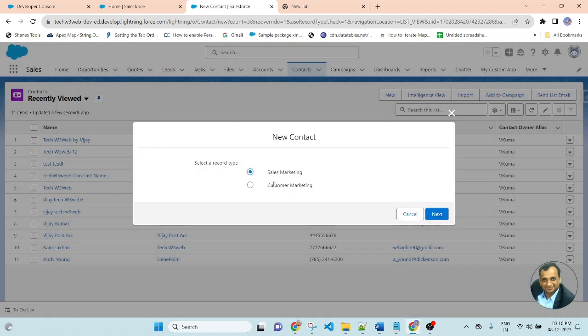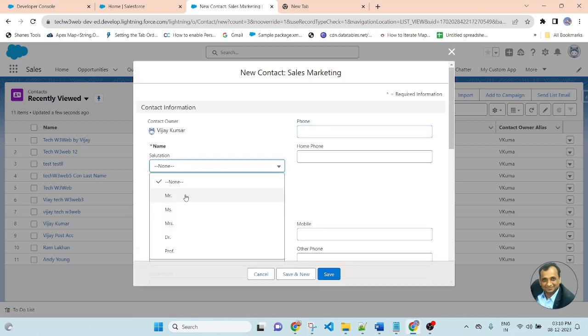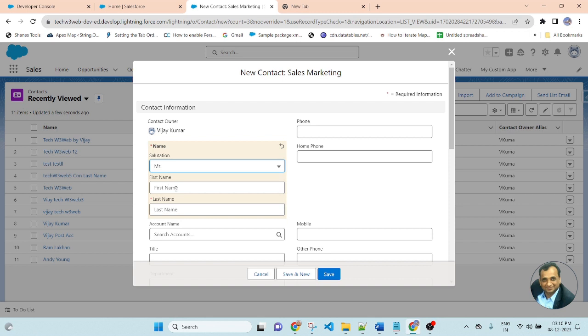Click new. Write the first name and last name. Here I am writing the name Take W3 Wave Vijay 2. So this is the first name and last name.